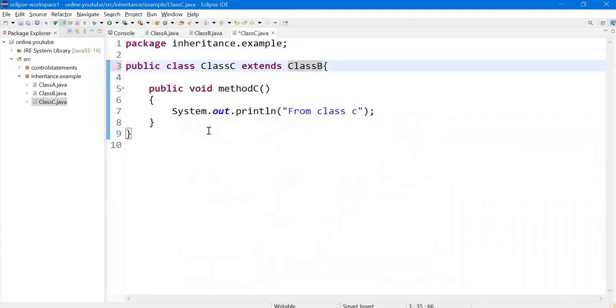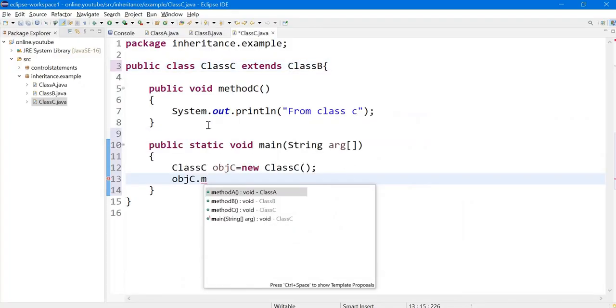Let us see this. Now, I instantiated an object of class C, and when I'm trying to access the members of the classes, if you see here, with the help of the object of class C, I am able to access method A, method B, and method C. Method A is a member of class A, method B is a method of class B, and method C is the method of class C. Isn't it right?